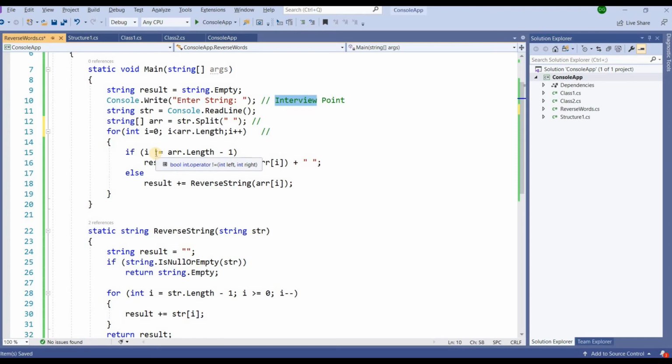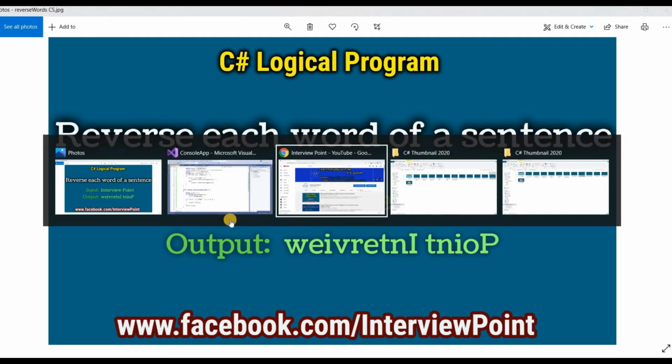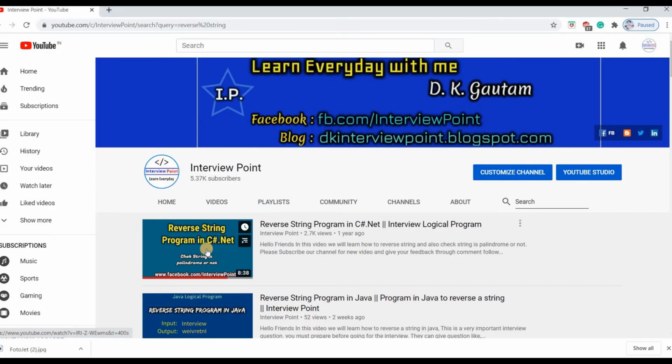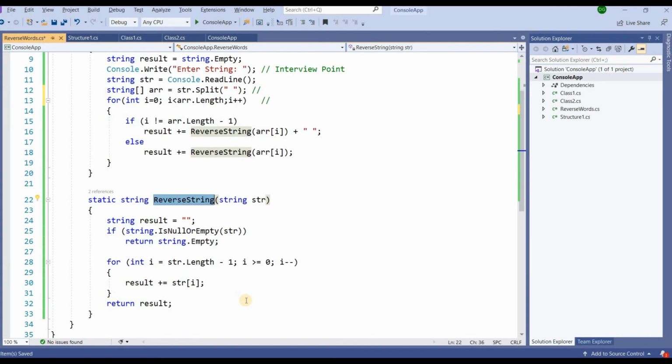So if this condition is verified, then we will execute this line. What this line will do is reverse interview into the reverse order. So this method will reverse the order. Guys, that's why I told you to please watch the reverse string video if you haven't watched it, because I'm using the logic of that video. So this reverse string method will turn our string into the reverse order.